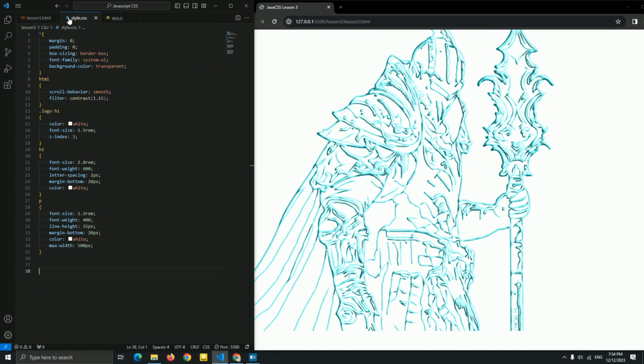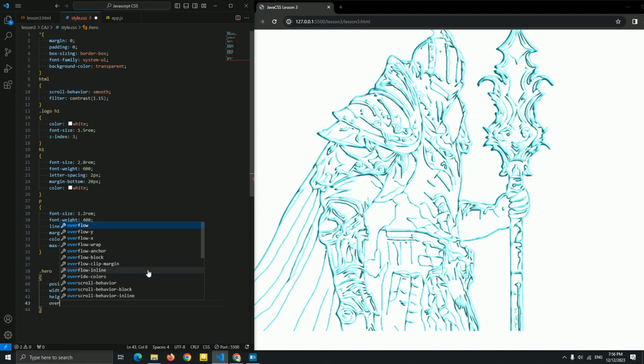Now for the CSS, let me start quickly. First I'm going to start with the hero. I'm going to add position relative with 100% height on page. Let me add overflow hidden, and we need overflow hidden because we get overflow X since we're going to add a line on the right.